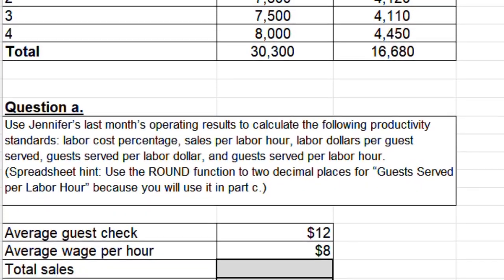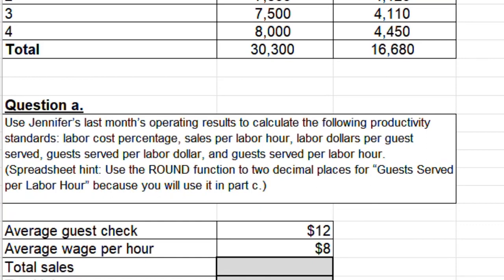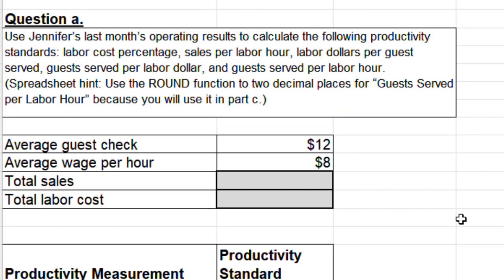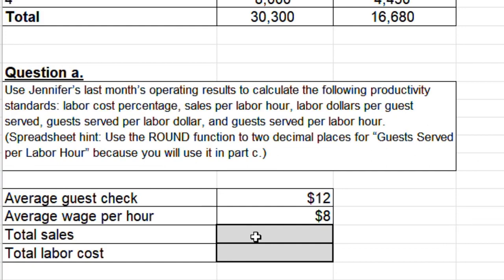Use Jennifer's last month's operating results to calculate the following productivity standards: labor cost percentage, sales per labor hour, labor dollars per guest served, guests served per labor dollar, and guests served per labor hour. All right, so again, we have our average guest check and our average wage per hour. All right, and our total sales here